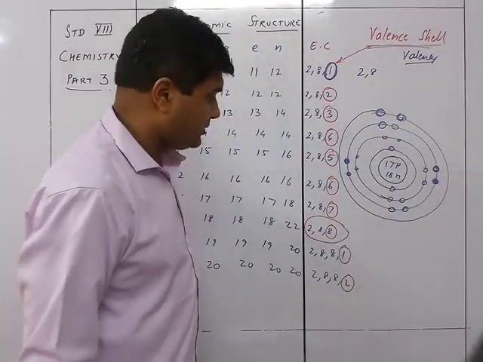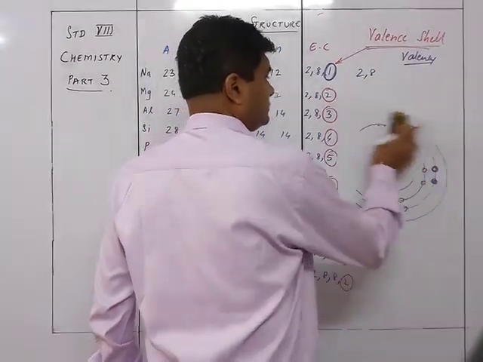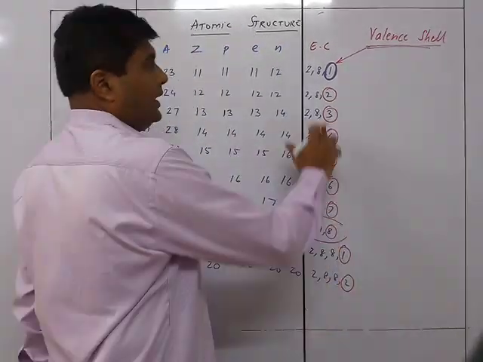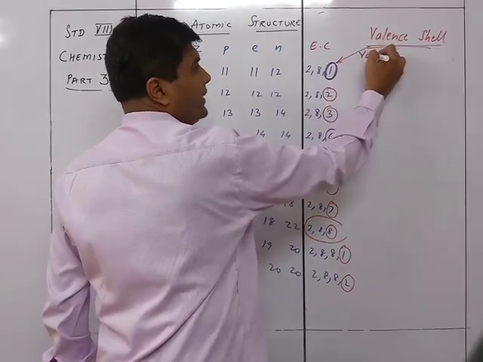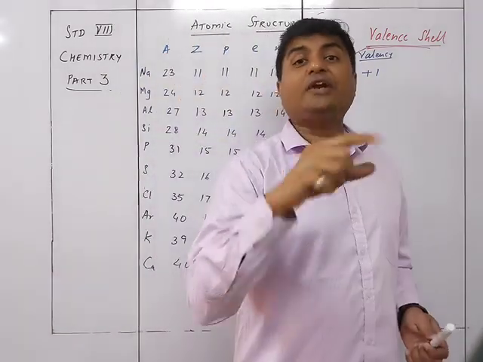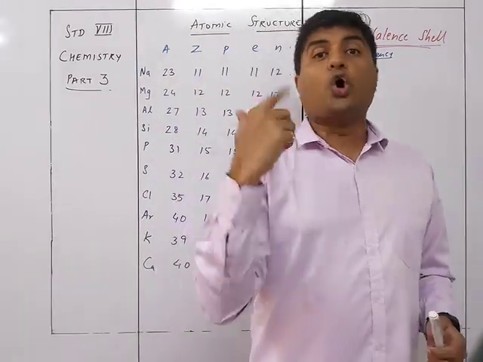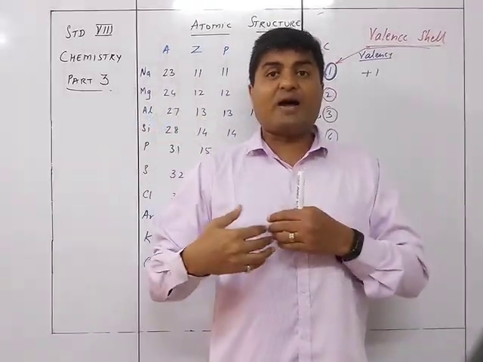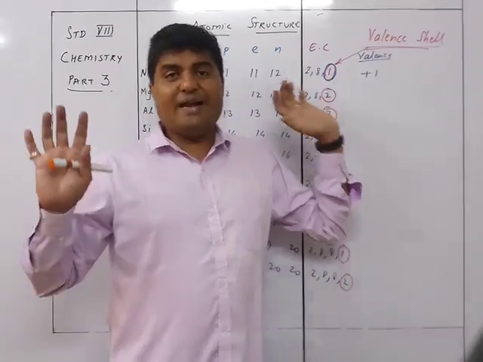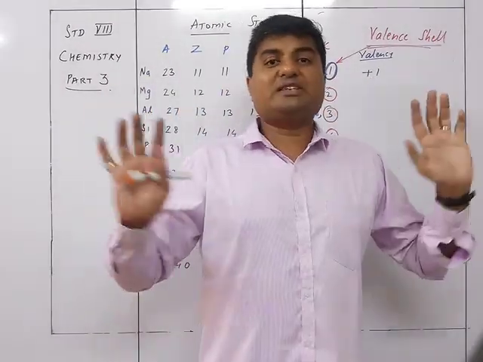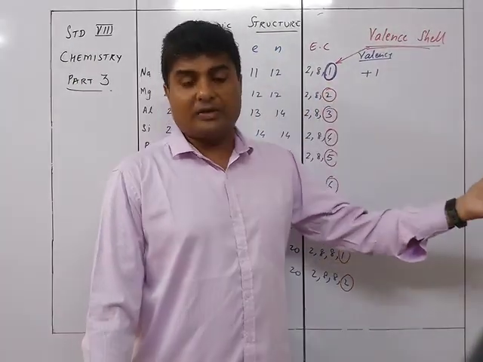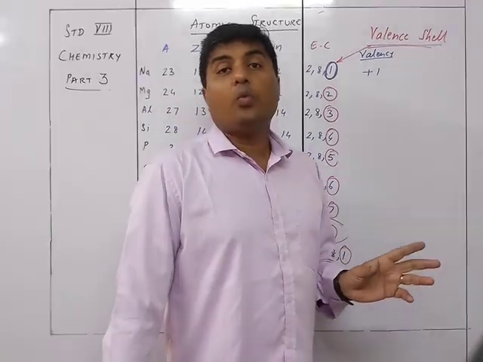Okay, I'll just erase this part, it's not required any longer. So accordingly, we have the valency over here. So valency over here is +1. Why is it +1? Because it has a capacity to give away its electron. It is a donor. He has got one extra which he wants to give away so that he can achieve nirvana of 2,8, of getting 8 electrons in the outermost shell, completing its outermost orbit. ठीक है, तो वो करने के लिए वो क्या करेगा? He will give away 1. So his valency will be 1.